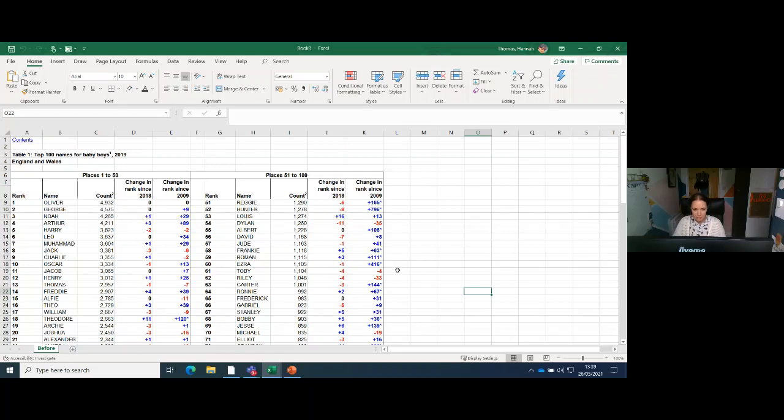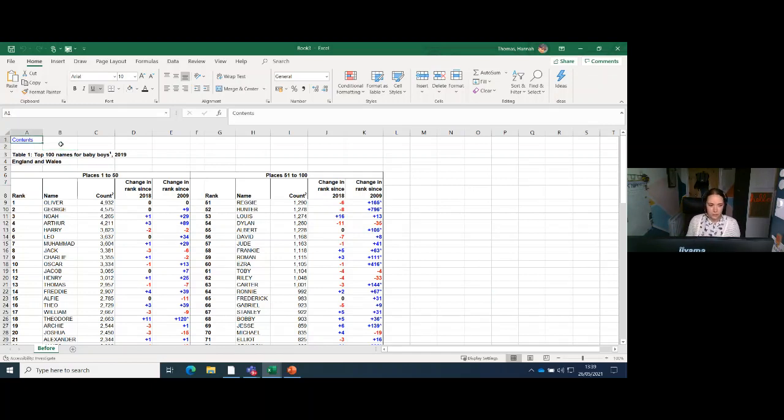And I haven't picked this. It's nothing to do with this being particularly inaccessible or a particularly bad example of a spreadsheet. It's nothing to do with that. It's just that I like baby names. I've got 2 little boys, so baby boy names were of big interest to me for a few years. And it's easy to understand this data, and it kind of brings up a few nice accessibility issues to discuss. So just to put that out there, it's nothing to do with this being a particularly bad spreadsheet that I've picked on. So if you make a start with it then, you can see the first thing to start with